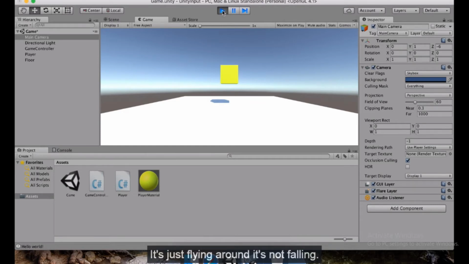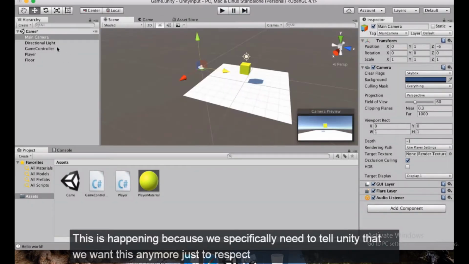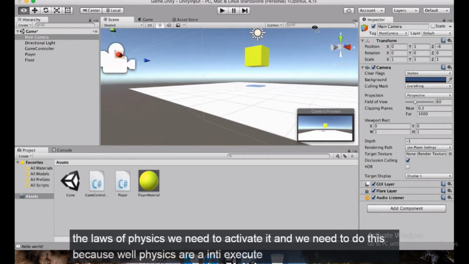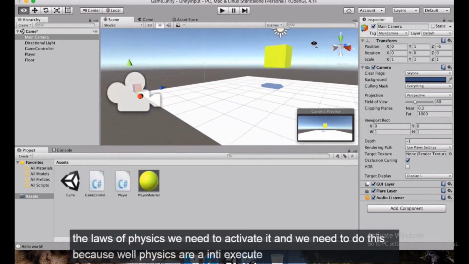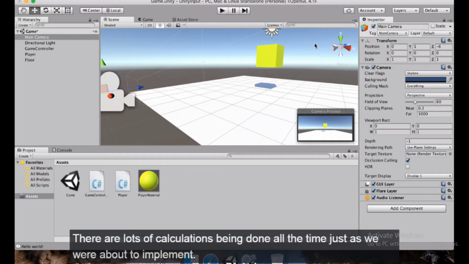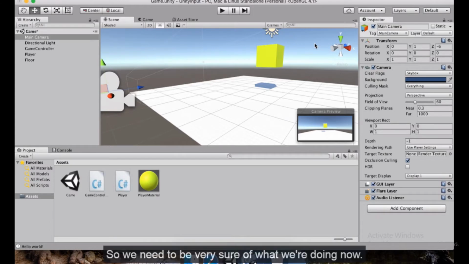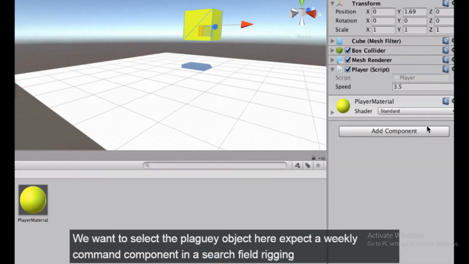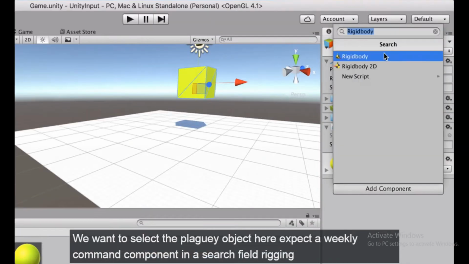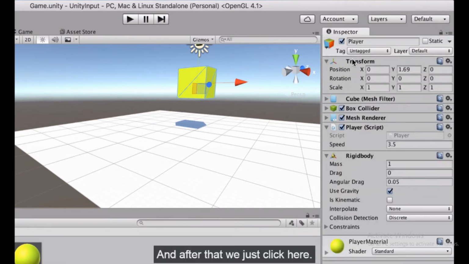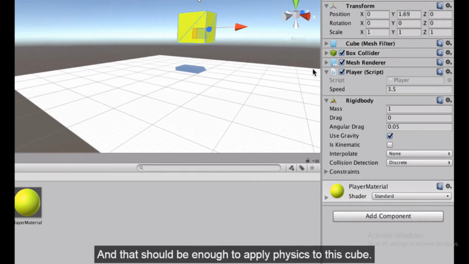It's not falling. This is happening because we specifically need to tell Unity that we want this game object to respect the laws of physics. We need to activate it. And we need to do this because physics execute expensive operations. There are lots of calculations being done all the time, just as we were about to implement. So we need to be very sure of what we're doing. Now, we want to select the player game object. Here in the inspector, we click on Add Component, and in the search field, we search for Rigidbody. After that, we just click on Rigidbody, and that should be enough to apply physics